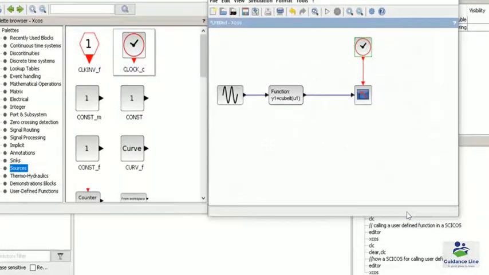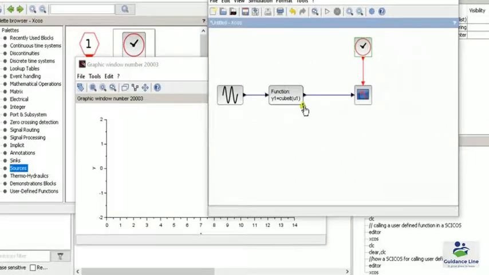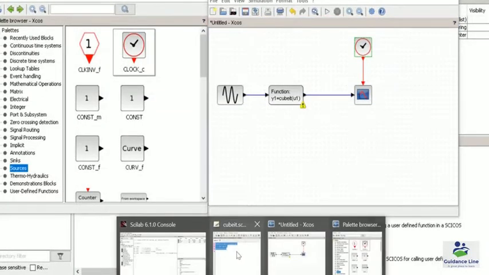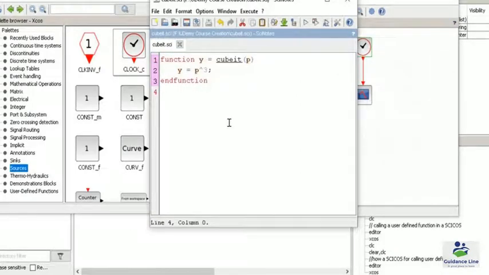So now this is a block diagram, and we have modified all the values of our blocks. So I simply click on the run button. As you can see, simulation is in progress, and we have found one error. We have found this error because we have not executed a function body. So first, we have to execute this particular function which we have written in a Scinotes file.